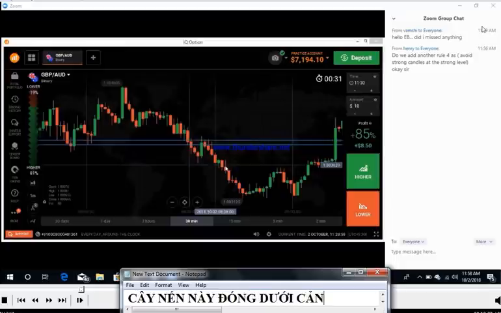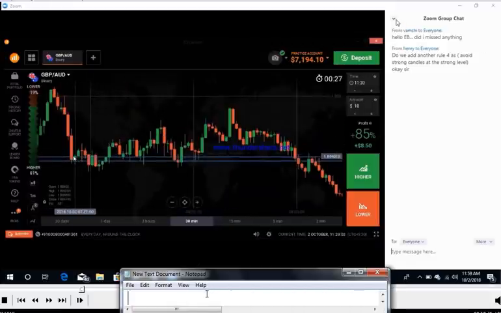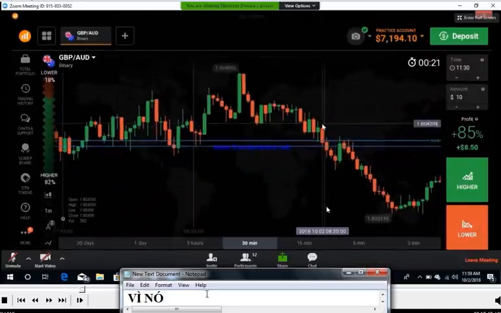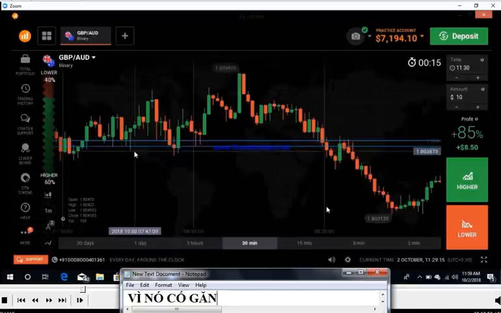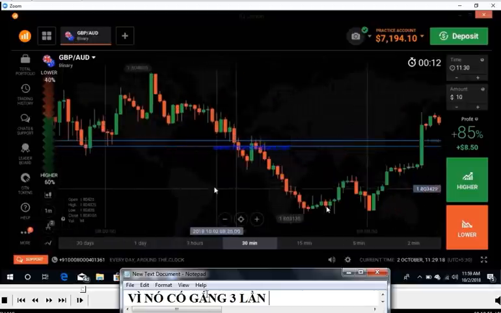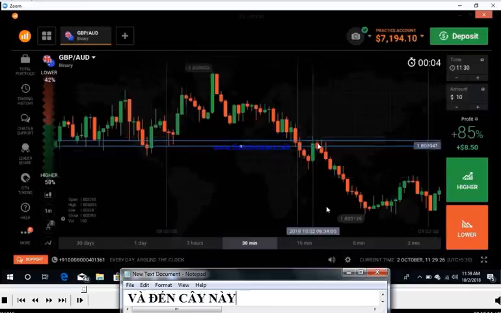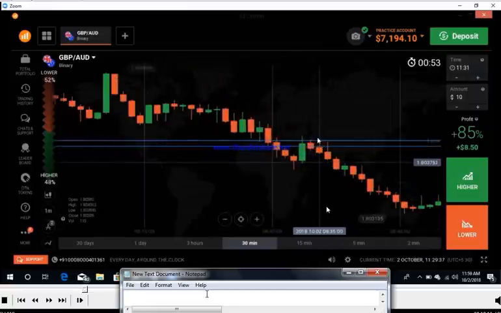Because it is trying here, here, and again it reverses from this level, and again the sellers are trying to break this level. It means it may break this level because it is trying to break this level again and again. When the market is trying to break this level again and again, it means it may break this level at any time. Okay, you can see this is the breakout. You can see when the market closed below the level with rejection, the next candle reversed. But you can trade here with confirmation.